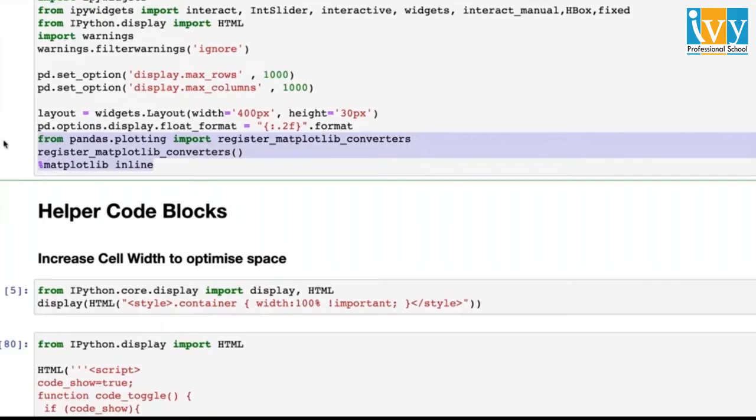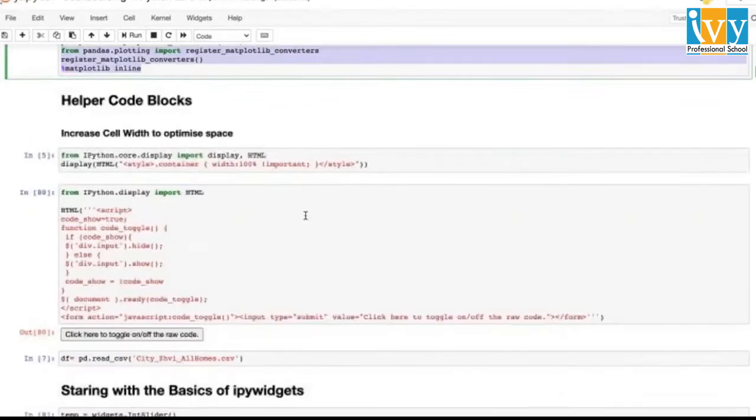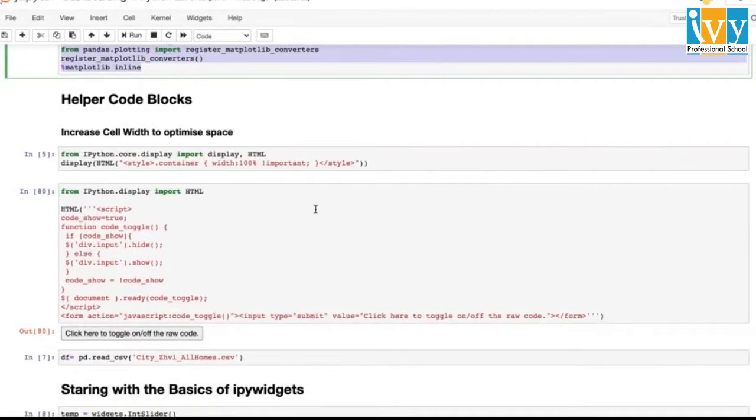Whenever I try to access an IvyWidget, my code would give me an error. I would copy and paste that error to Google, and this is the solution that I would get. So that is exactly how I got it. So you don't have to worry about remembering this. All the things that I teach, you don't have to worry about remembering. Now, a few other code blocks that I want you guys to know and the possibility of their usage is